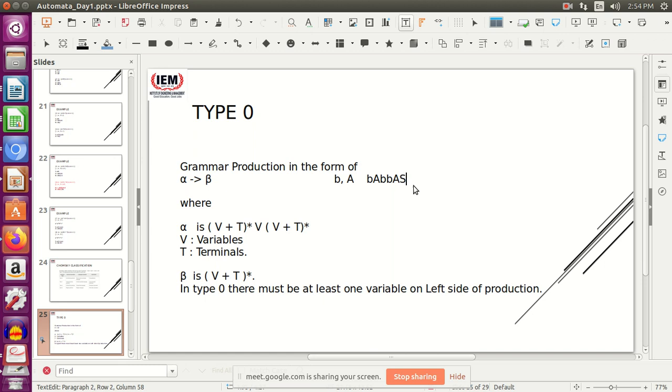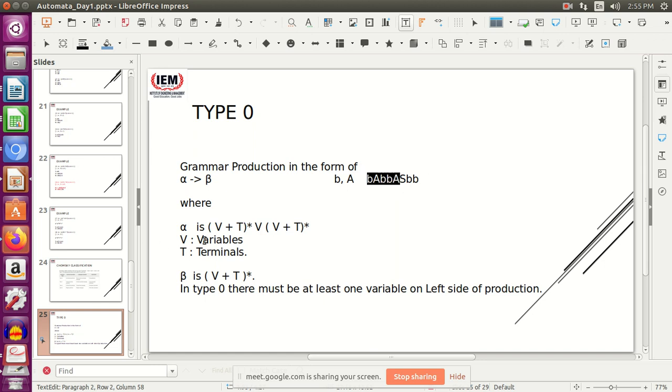Let's suppose that variable is S, any variable which is a part of your grammar, and again it can be followed by any sequence of terminals as well as non-terminals. Okay, so I'll just consider terminal. And one thing, students, whenever I write something of this form, like anything plus anything star, it means it can be empty also. V plus T star, the star means this can be empty also. Like we can have epsilon also. In that case, this entire part will be omitted.